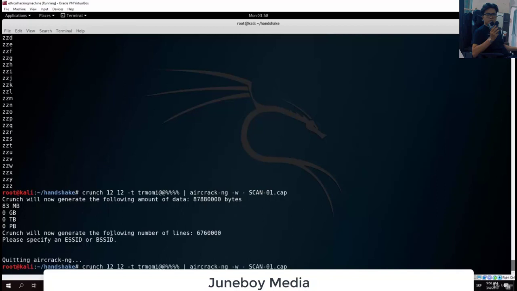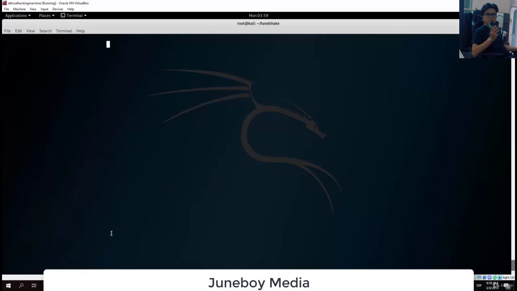In my case, it is this one. You specify it with the -e option, and then you just type the name of your wireless network, basically a simple name that you can check on your mobile phone. Once you do that, you have this command right here: aircrack-ng -w, then a dash, then the capture file you've written, and then -e and the name of your wireless network. And if you run this,